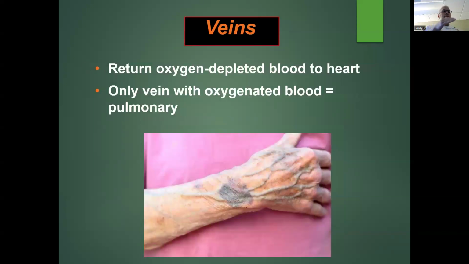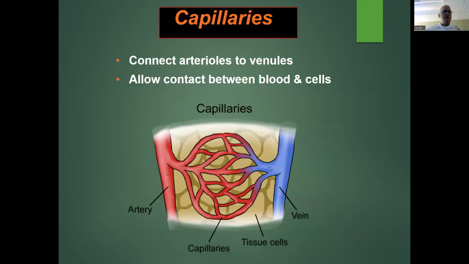So veins, they return oxygen depleted blood back to the heart. And like the arteries in the lungs, the pulmonary artery, the pulmonary vein is oxygenated blood because it's returning with oxygenated blood from the lungs into the left side of the heart. So capillaries,